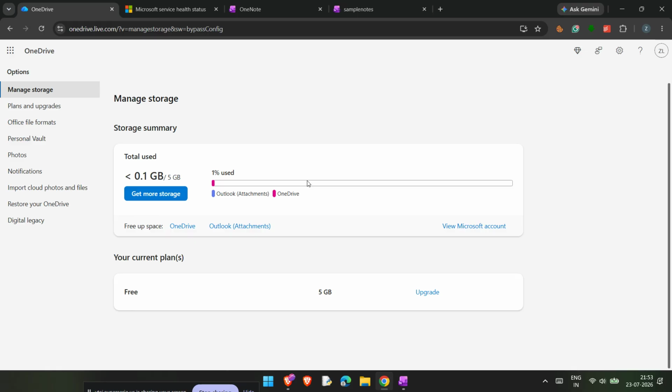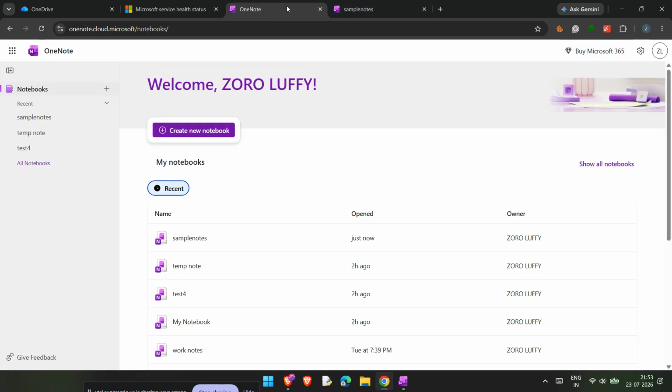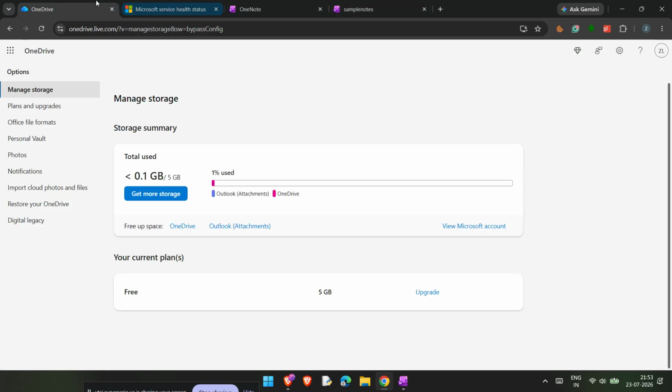In most cases, either the desktop app relink or the storage check will solve the problem. So to recap, keep the OneNote desktop app open, use Open in Desktop app from OneNote For The Web to refresh the connection, and if that doesn't fix it, check your OneDrive storage because a full cloud account can block